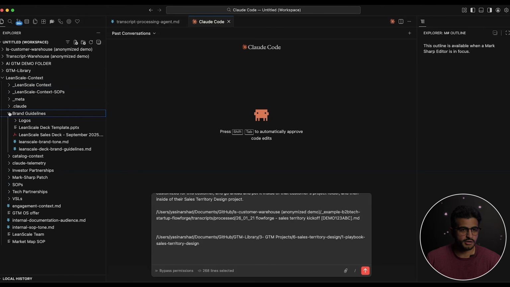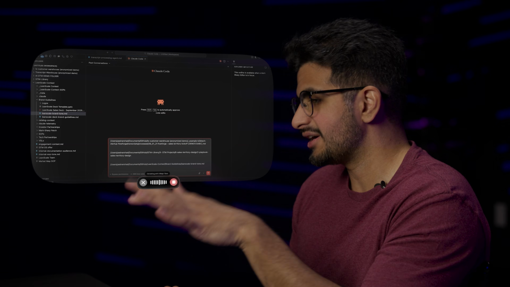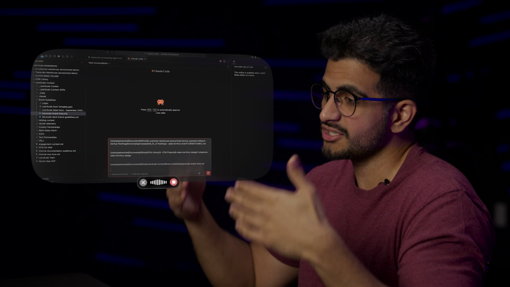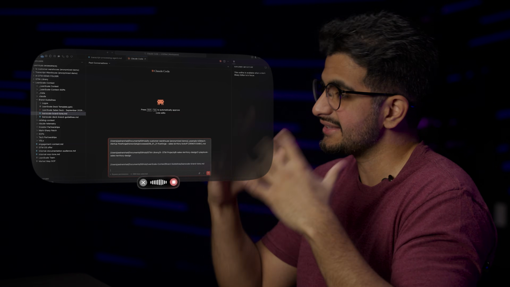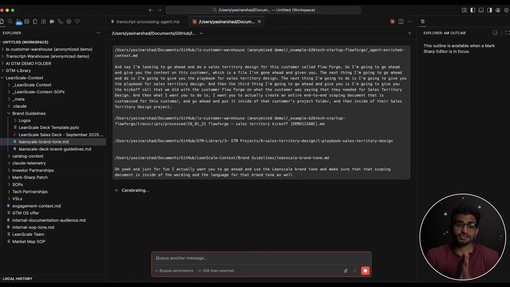So I'm going to go ahead and go over to our brand guidelines, and I'm going to feed it our brand tone, and I'm going to give it one more instruction. Oh yeah, and just for fun, I actually want you to use the lean scale brand tone and make sure that that scoping document is inside of the wording and the language for that brand tone as well. And then just like that, I go ahead and send the agent on its way,